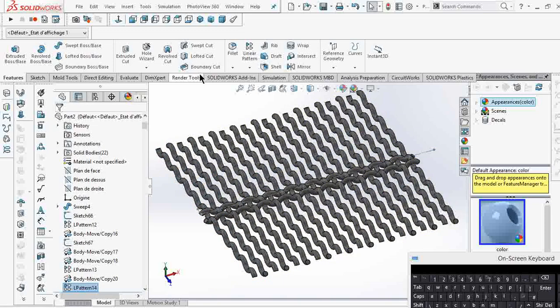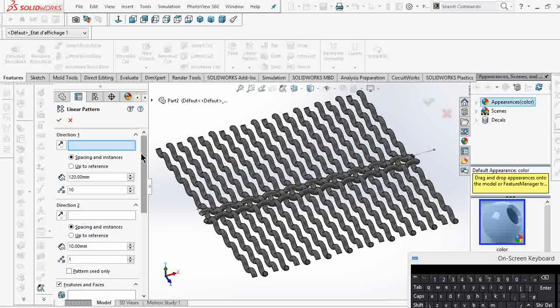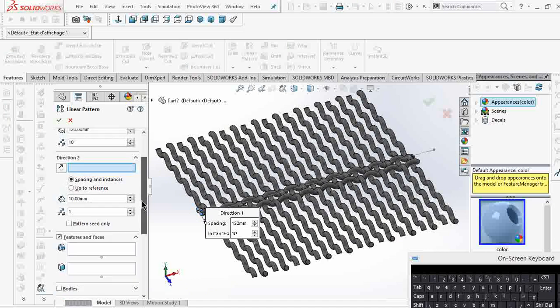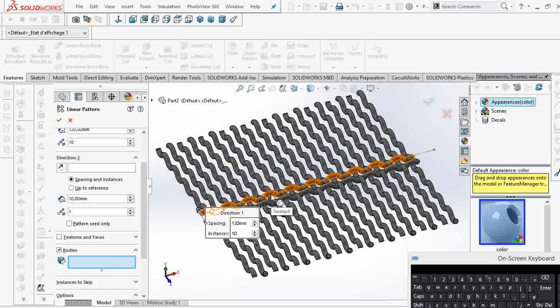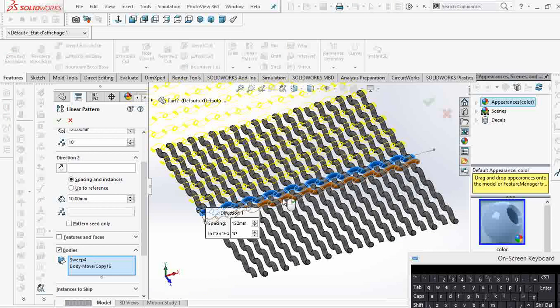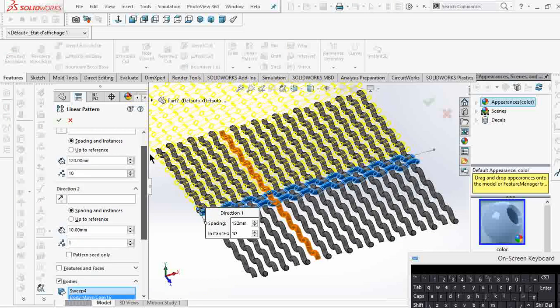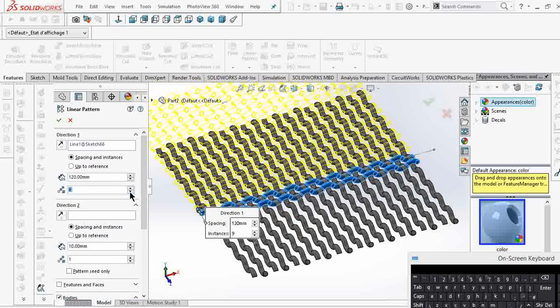next we are going to choose again this. For the direction, we select now this other short line. For the bodies to pattern, we are selecting bodies. Okay, we select 1, 2, but this time around for the number, we are going to put it to 6. Okay,